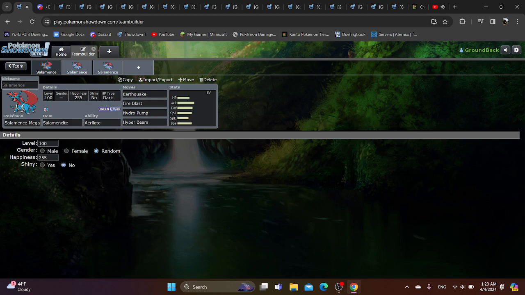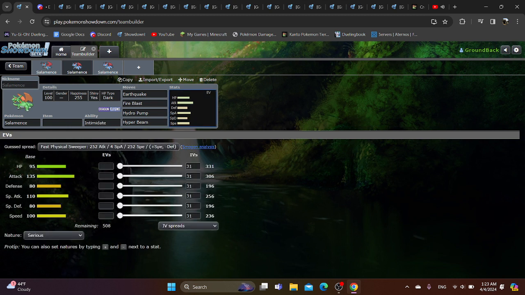What if Mega Salamence was in Gen 1 OU? Now, for those of you who remember, when I did the original Salamence, he suffered. Don't get me wrong, he has really good stats. He has high attack, high special attack, has really good speed, a good mixed attacker, but unfortunately, not having any